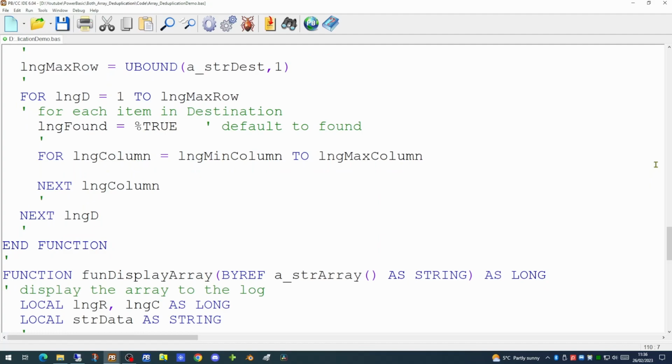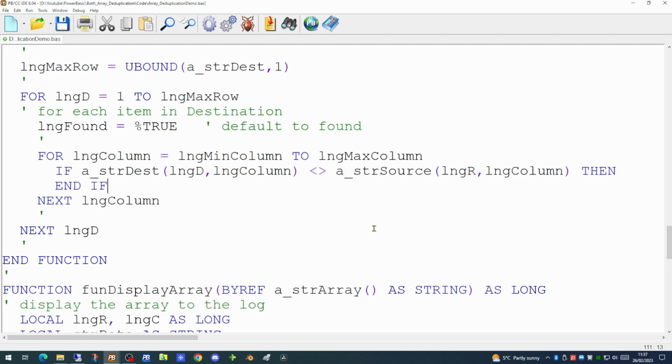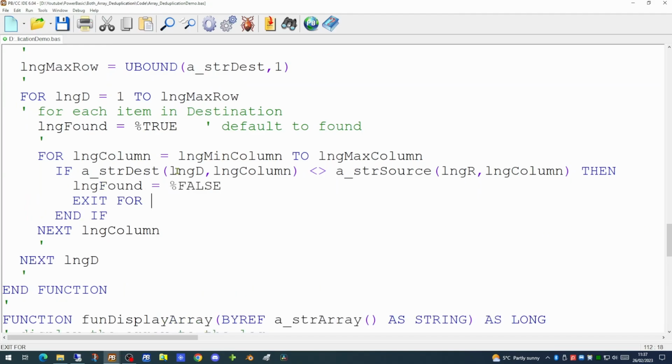So within this nested for next loop, we can then test the element of the destination array against the element in the source array. So if the value does not match, it means we don't have to test any of the other columns. We can then skip on to the next row in the destination. We can do this quite easily. We'll just mark long found to be false, and we will use an exit for command. This will allow us to skip out of the for next loop on the columns and go to the next